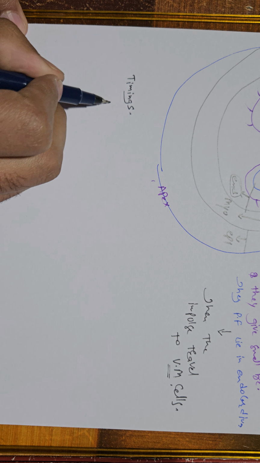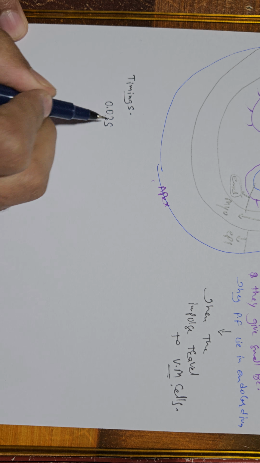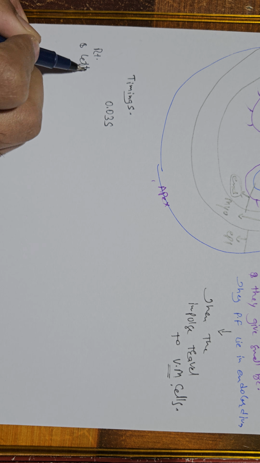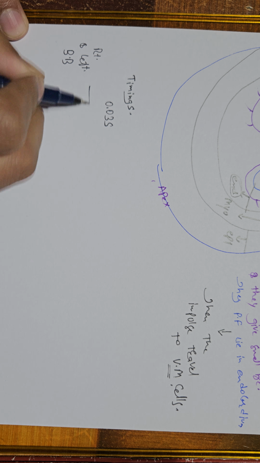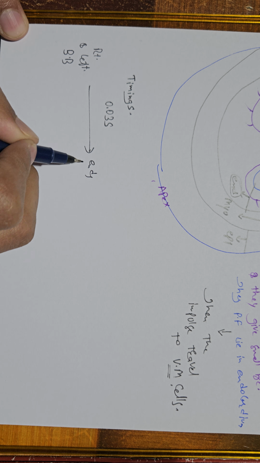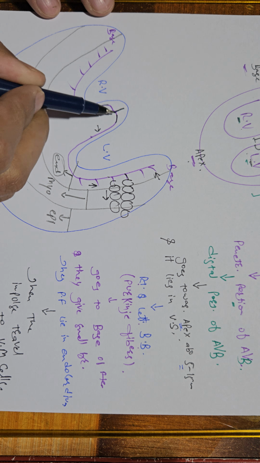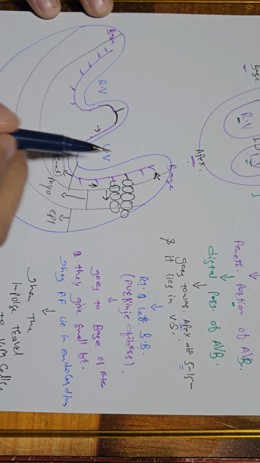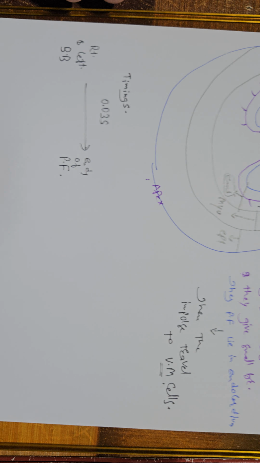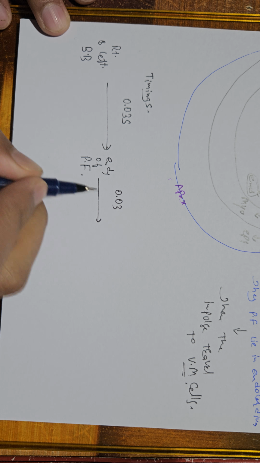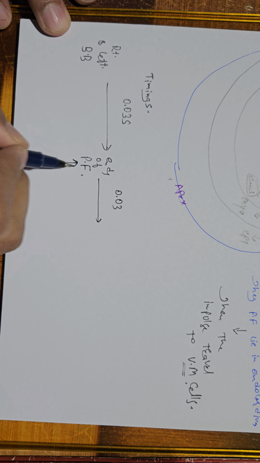Clear? It takes 0.03 seconds for an impulse to go from the right and left bundle branch to reach the ends of the Purkinje fiber. So from the right and the left bundle branch, the impulses reach the ends of the Purkinje fiber in 0.03 seconds. Is that clear? And it takes another 0.03 seconds for an impulse to go from the ends of the Purkinje